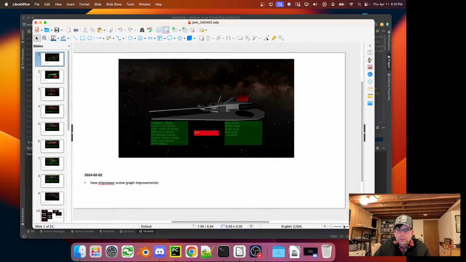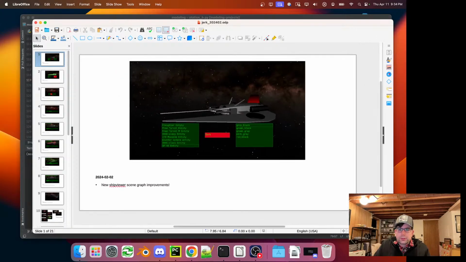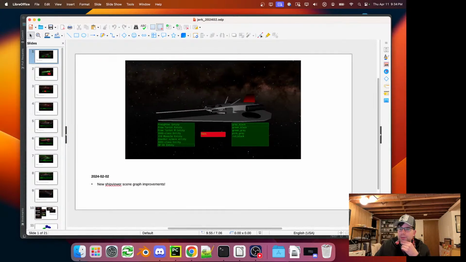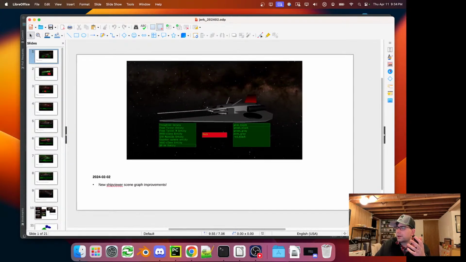So something that I decided was really important, and again, this is one of these things that's like everything else in my project has been on the backlog forever, is I'm building these ships, and then it's kind of hard to test them and look at them in engine. So I decided I needed a better way that I could easily view these different ship models that I'm creating inside the game engine. So I started building out the ship viewer mode, and